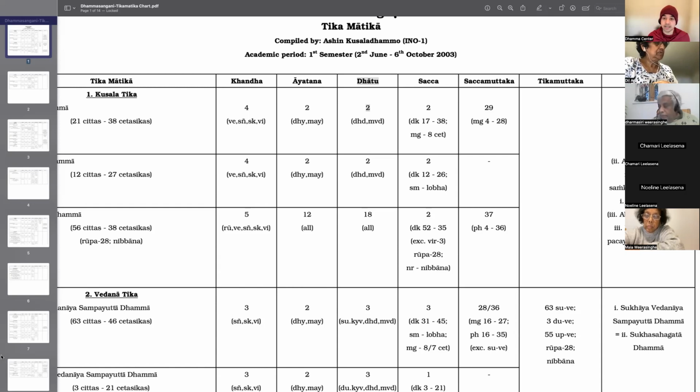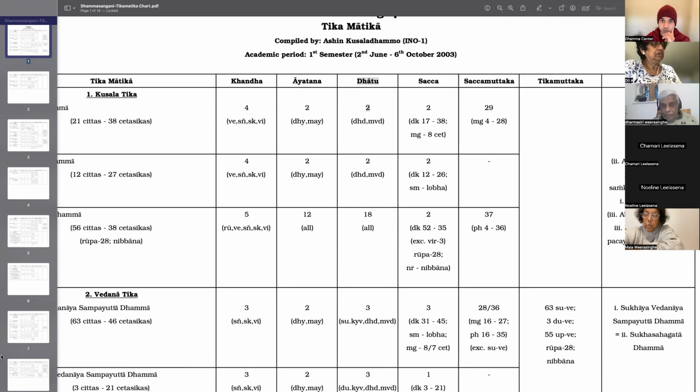What is the other part that you add? Supramundane. How many? 4. So 8 plus 5 plus 4 plus 4